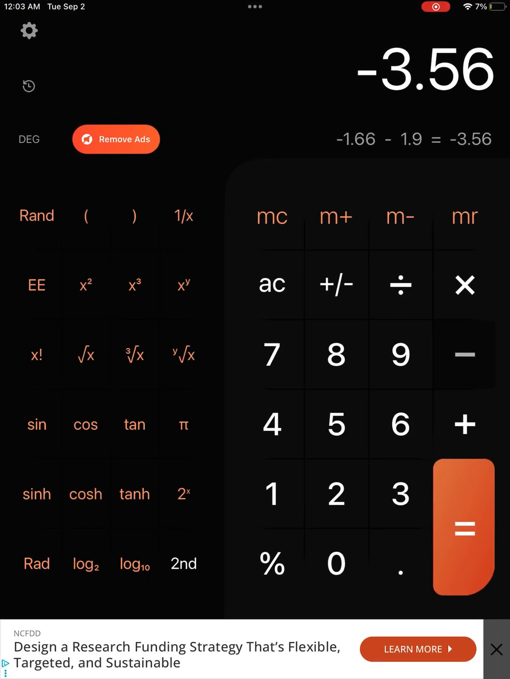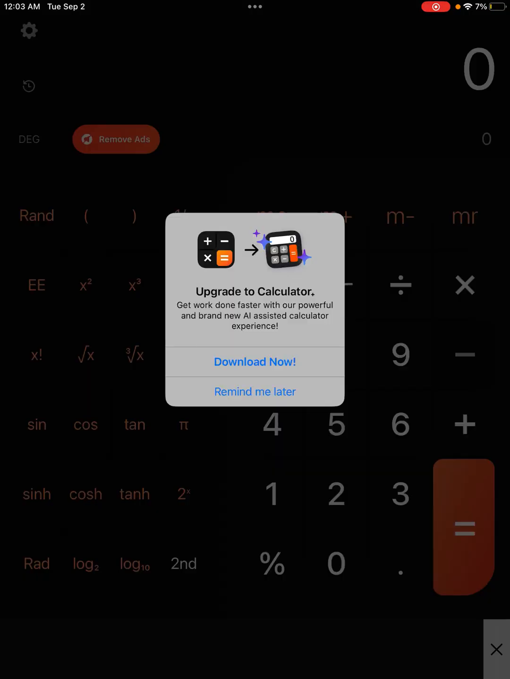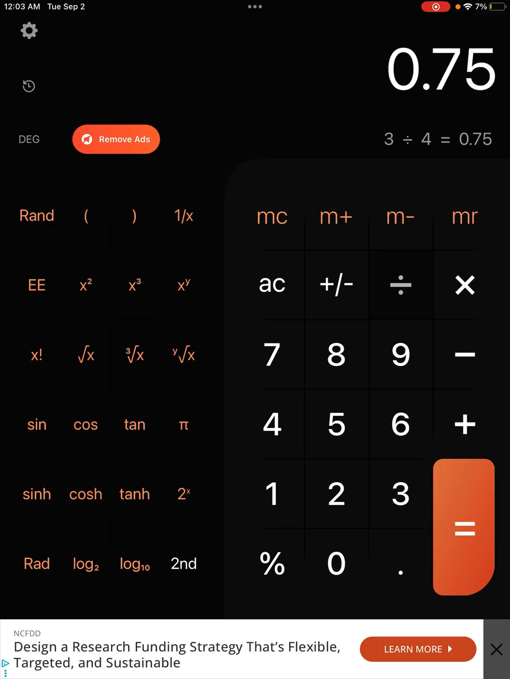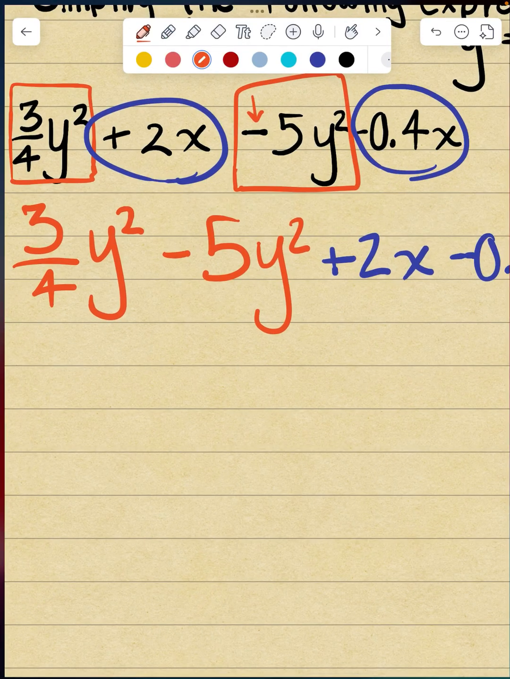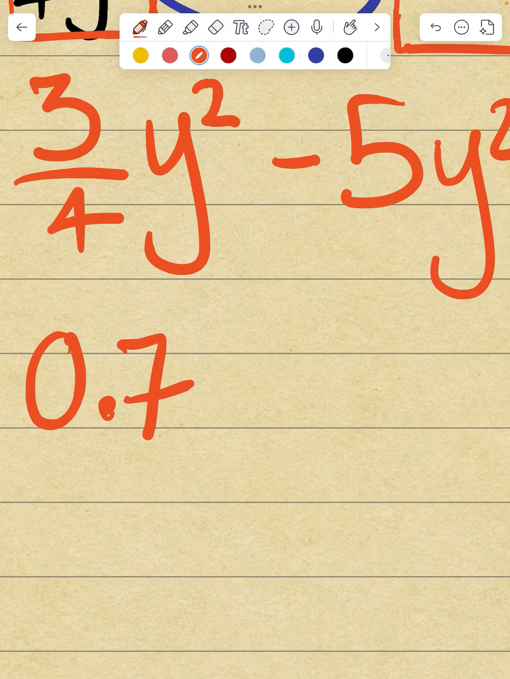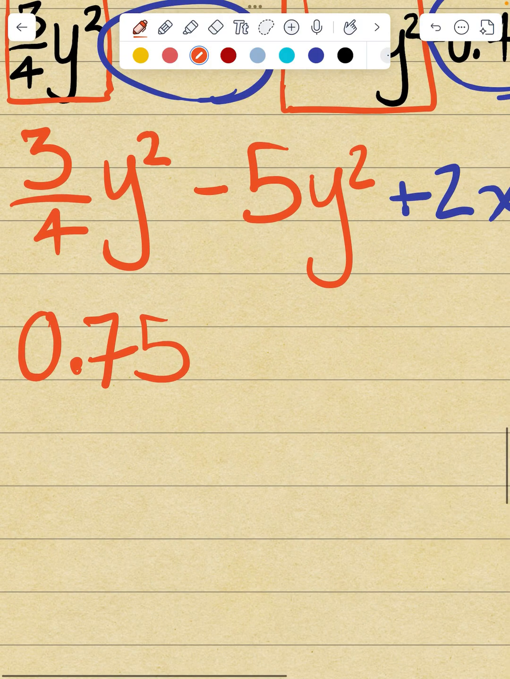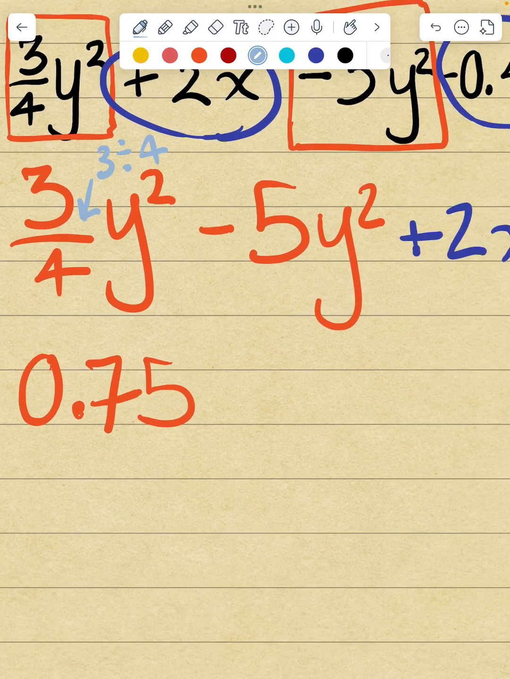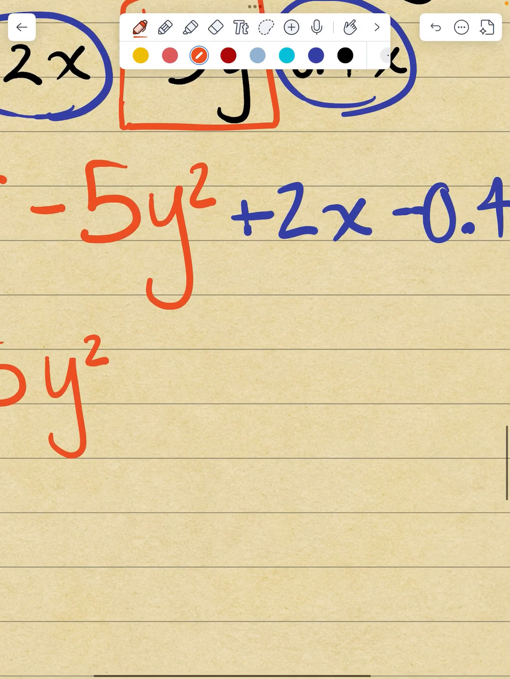decimal. So how I'm going to do that is I'm going to do 3 divided by 4. And I get 0.75. Now, I already knew that because 3/4 is 75 cents. So I know that this is 0.75. But you can always do the top divided by the bottom, because remember, this means 3 divided by 4. That line means divide. So we get 0.75 y squared minus 5y squared